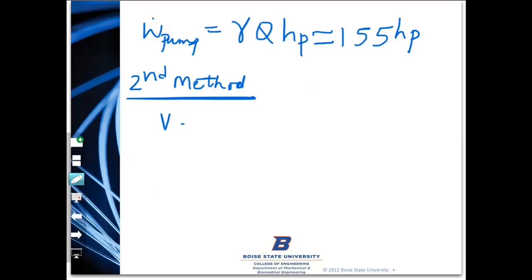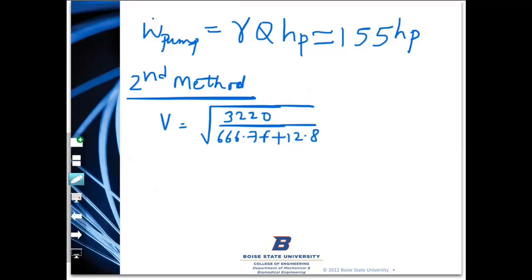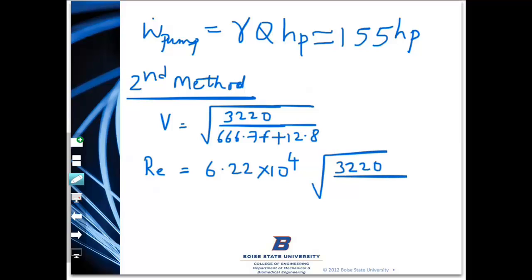You can write V in that equation in terms of f, and I'm assuming you can do this math here. Then you can also write Reynolds number, and there is a V in it, if you remember. Now I can write that as 3220 over